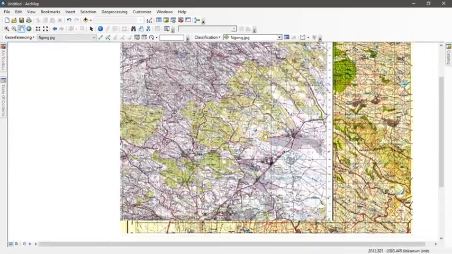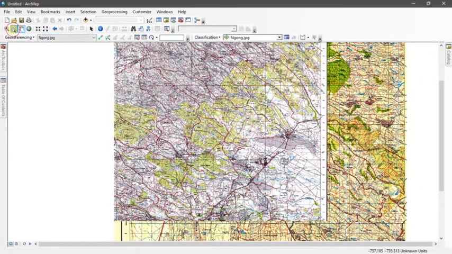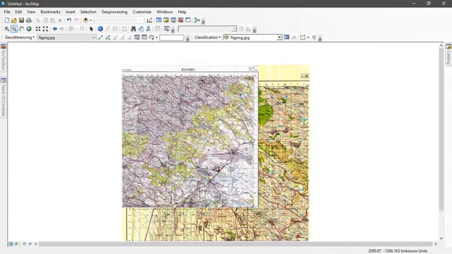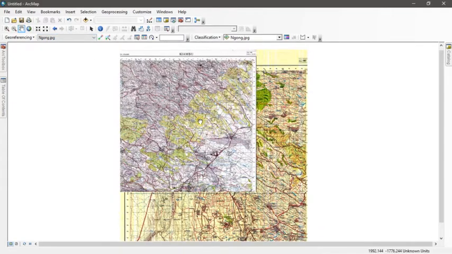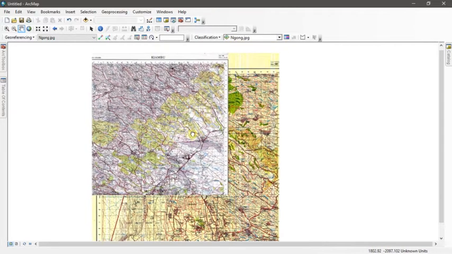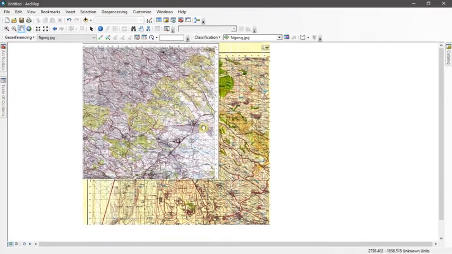And you can see how the images are organized within my working frame. They are just on top of each other. So after we georeference them, they are going to be arranged in order the way we have shown in the beginning.